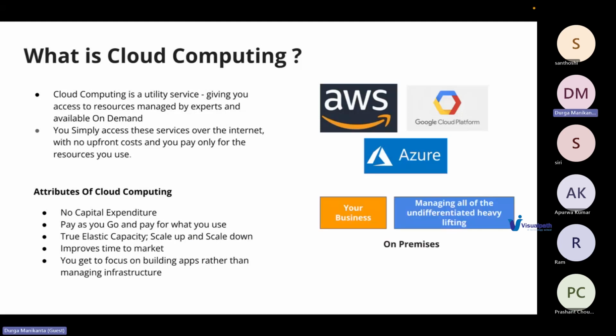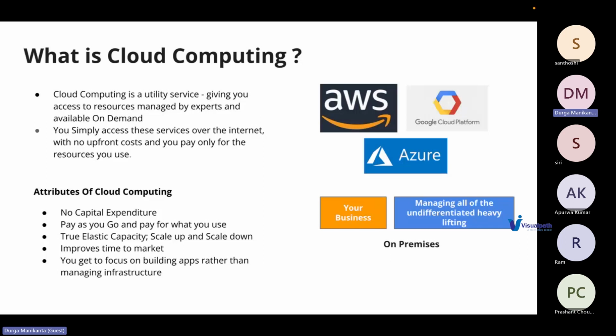Okay, suppose I'm a startup and I have an idea, and I want to develop that idea and get into the market in 6 months. Usually in an on-premises environment, you will focus less on building your application and majority of the time on configuring, building, and managing the infrastructure.